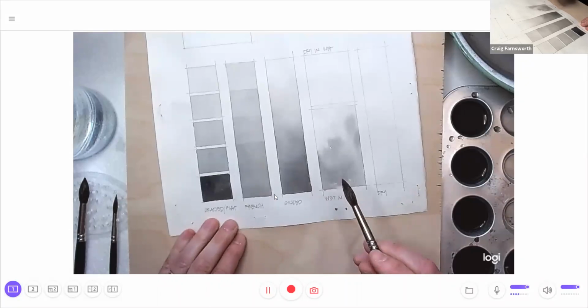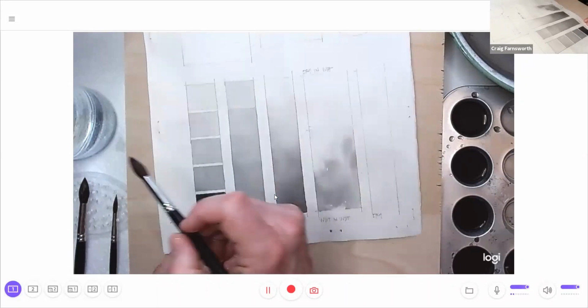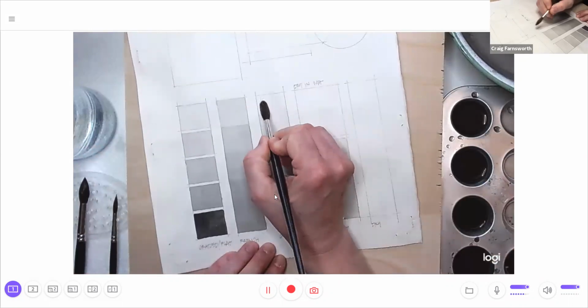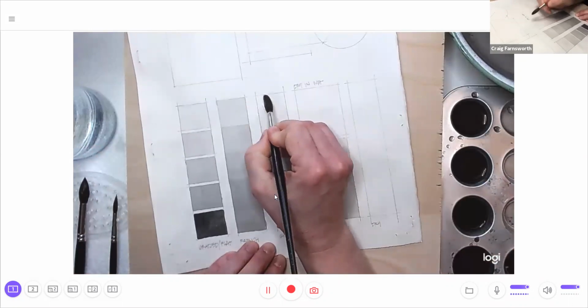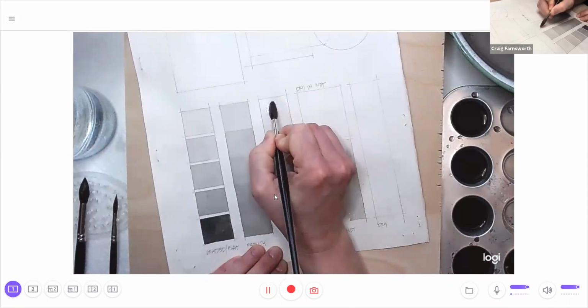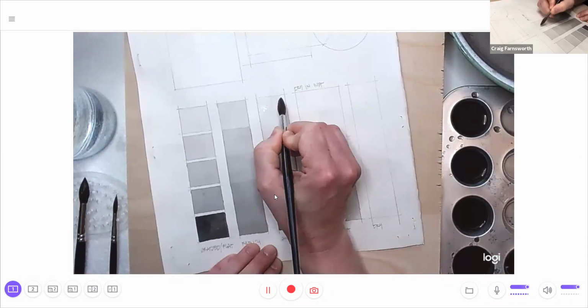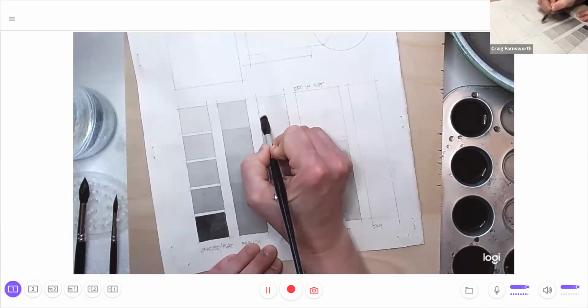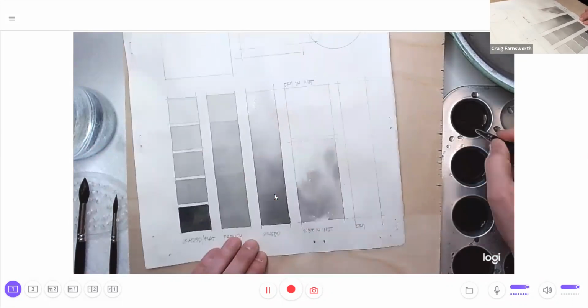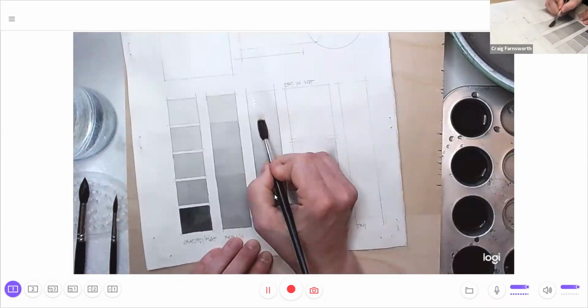And that's, I think, a good number. You could buy hundreds of tubes of paint, but there's no need to. Most of these, if you've got your primaries, you can mix most of the other colors you want. In my travel kit, I think I have 12 colors, and the ones that I mentioned are pretty much in there. But in my box of colors here at home, I probably have 20 or 30,